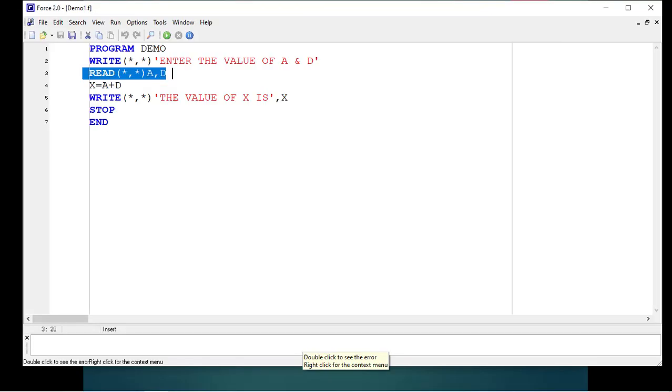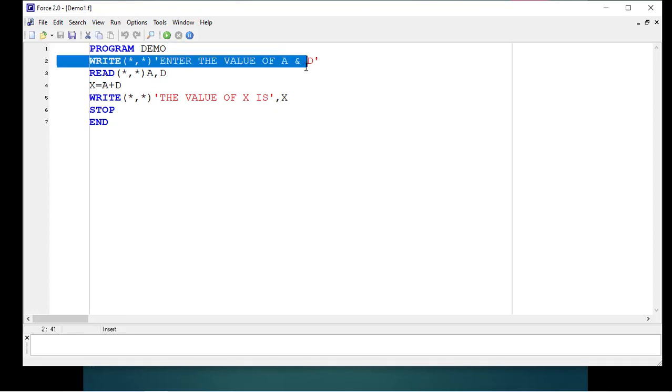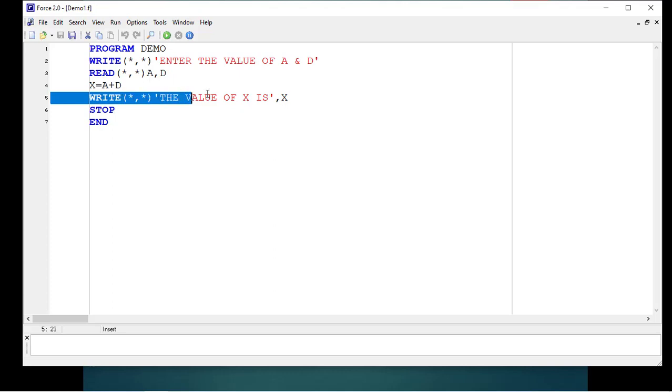You can look at this program: line number 2 and line number 5 are unformatted output statements, line number 3 is the unformatted input statement, and line number 4 is your arithmetic expression. So this is how the program is to be done.